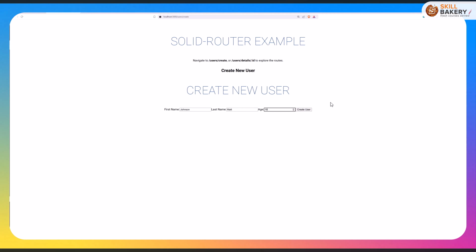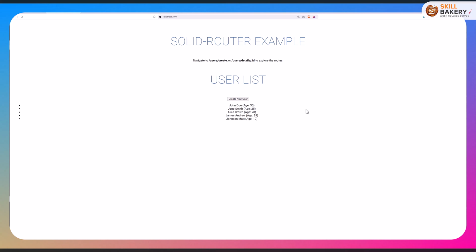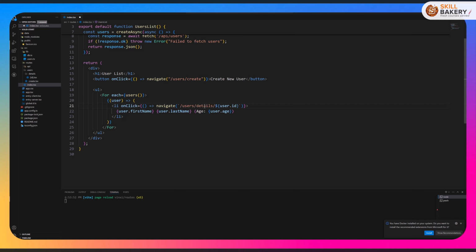So we have Johnson Math created and the age is 19. Let's click on create user. And once we do that, you can see that it is not displaying in the list. And in order to show the users, you can see that we have user details. So here the path needs to be updated under index.tsx. So this is the file that we're talking about. And we have updated the path now,